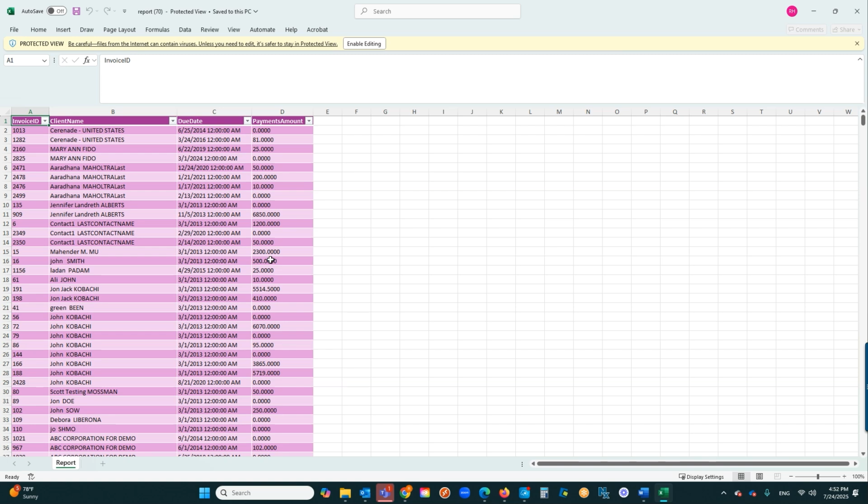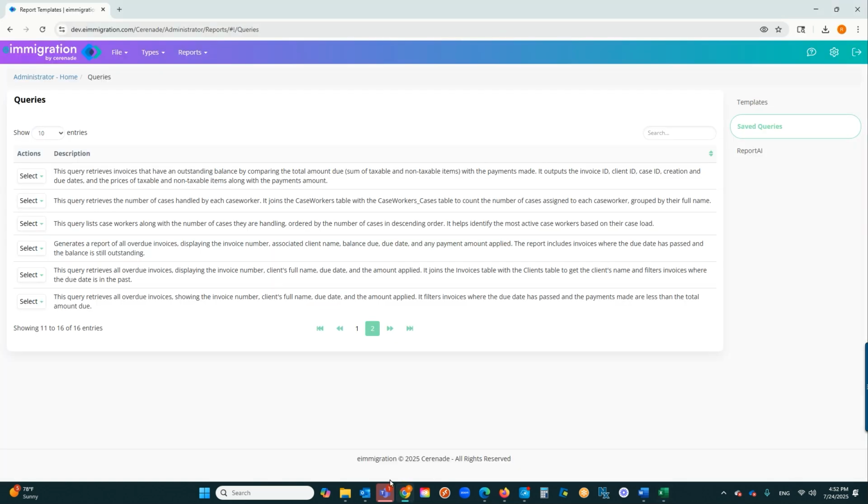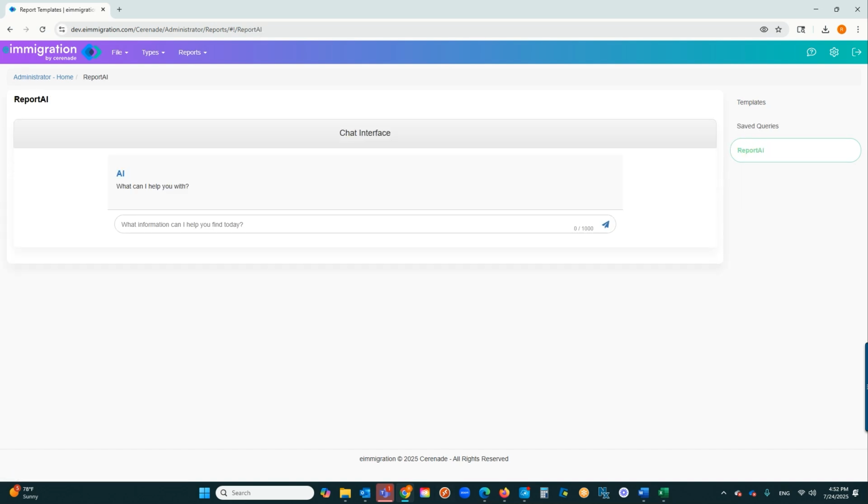But again, for our purposes today, this created a simple report based on my query that I created inside the AI reporting tool. Now, if we go back into our AI reporting, and we go back to Report AI, let's take an example of trying to enter something that's pretty vague. I have an example here. Let's tell the software, show me who in my team is killing it. Now, from this, you may ask yourself, well, how does the AI know who's killing it? Well,